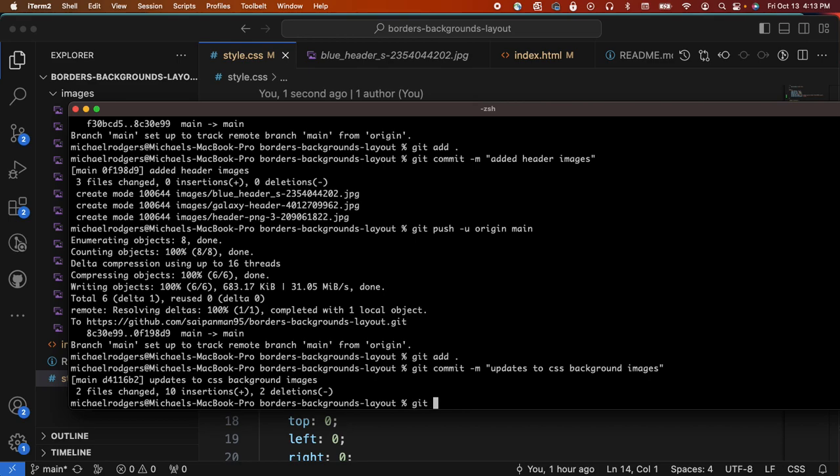And then git push -u origin main. Remember that origin,